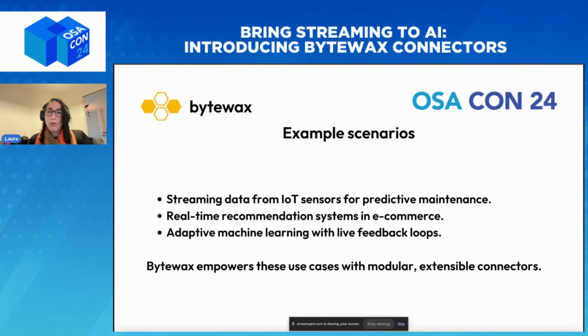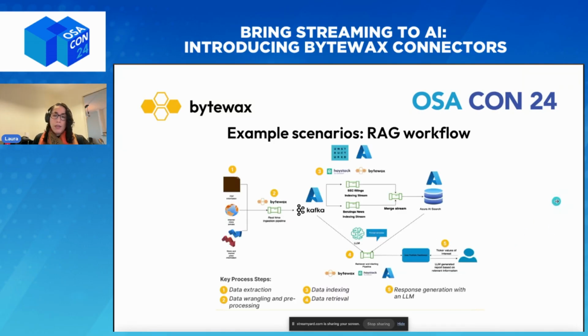If you want your model to be refreshed or updated as you go, and you want to handle the problem of data or model drifting, this is one other scenario where real-time and streaming comes in very, very handy. And the purpose for us as an open source package is to provide developers with modular, extensible connectors to construct these workflows. So here's an example of a RAG workflow that we can build using Bytewax and leveraging the Python